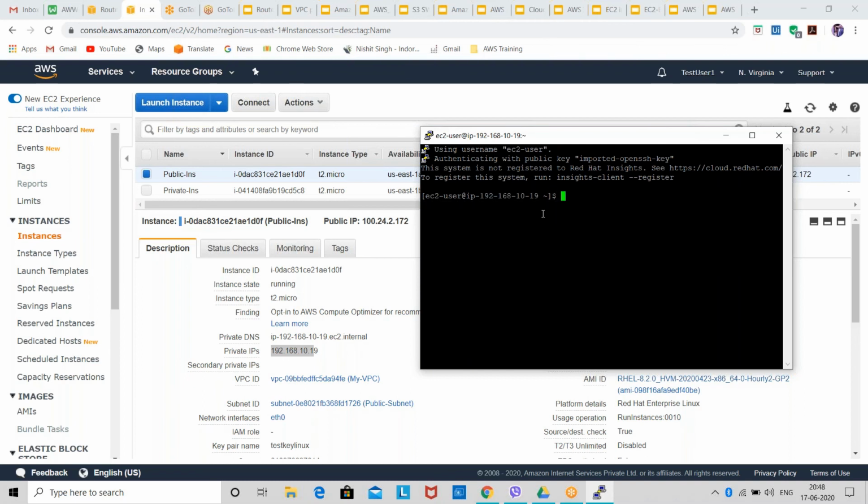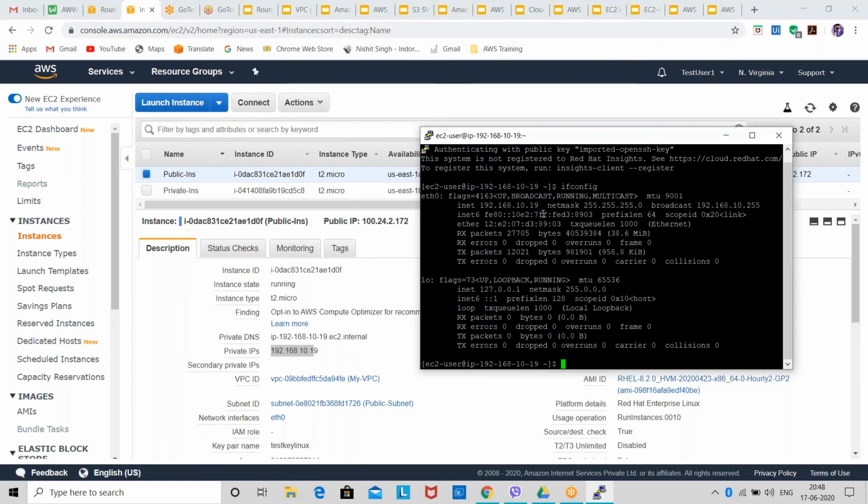If not, you enter the command ifconfig, and in the network interface eth0 you can see inet. This is your private IP address. This way you can verify whether it is public or private. You cannot connect to a private one directly, so this is automatically the public one.